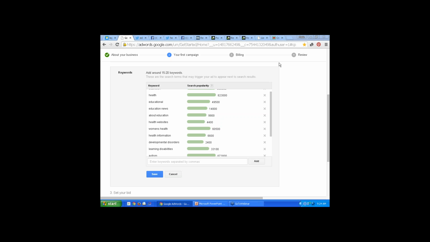Next, we're going to go to Twitter, and then we're going to look at keywords on Twitter. So the same way we looked at keywords on Google, we're going to look at keywords on Twitter. So we typed in education. And when you type in the keywords into Twitter, you get a couple different options. You get the top post